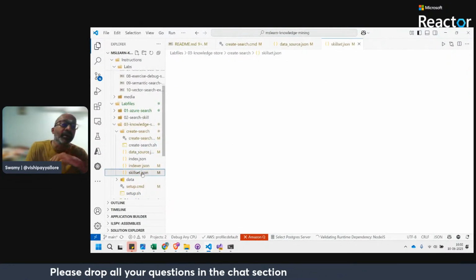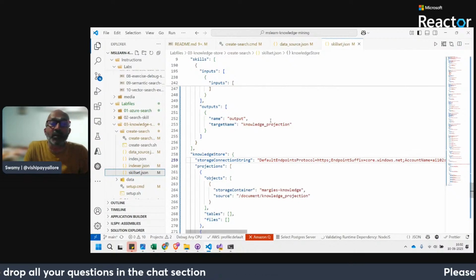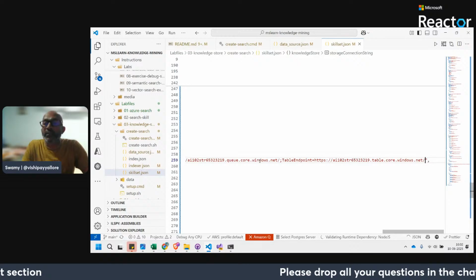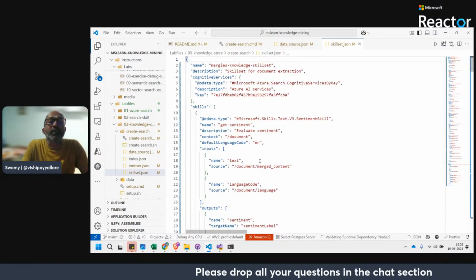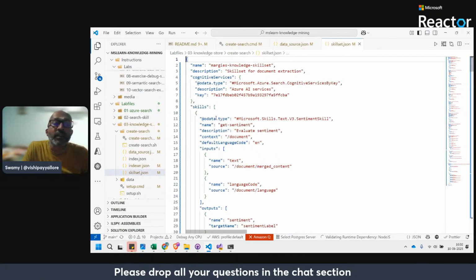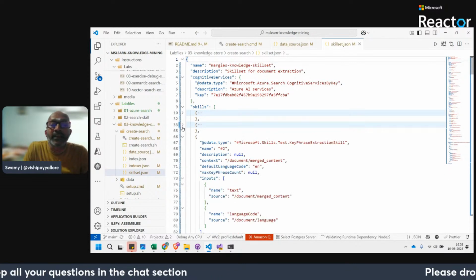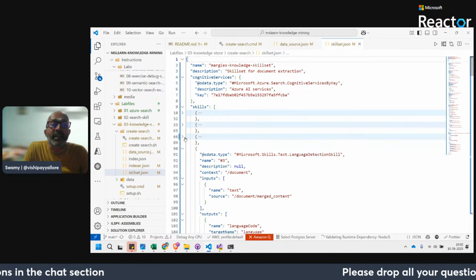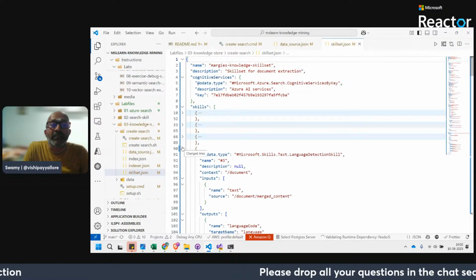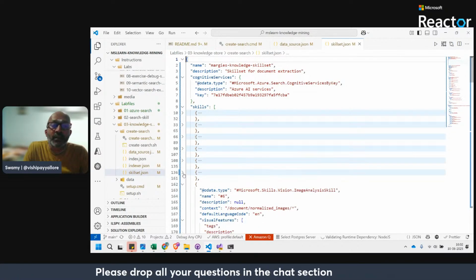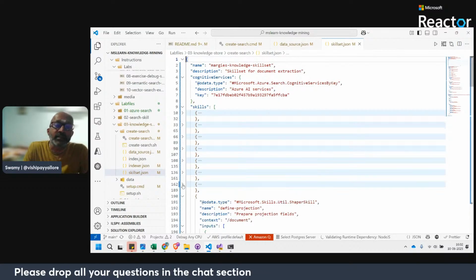Here we define what are the things which have to be created. So we'll come back here. We know that the sentiment skill, entity recognition, key phrase extraction, language detection, merge skill, OCR, and image analysis are there.